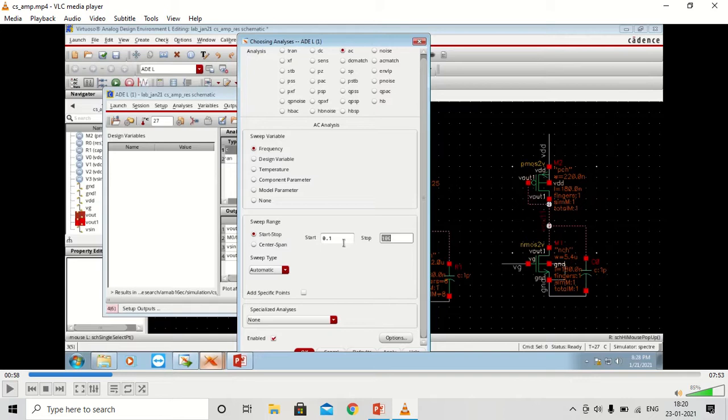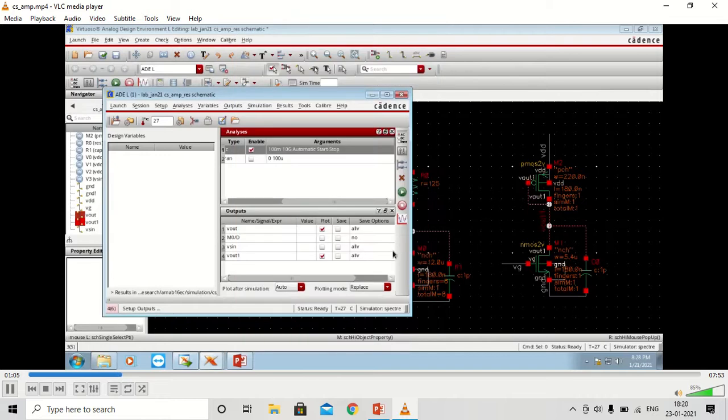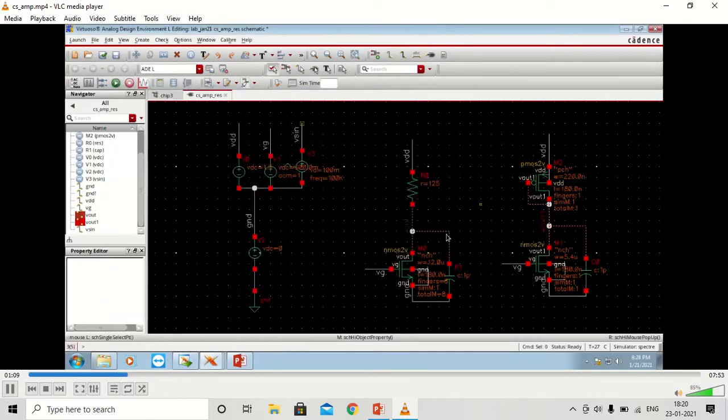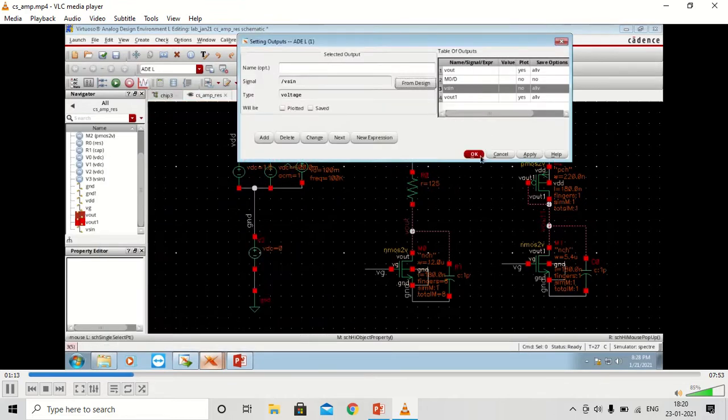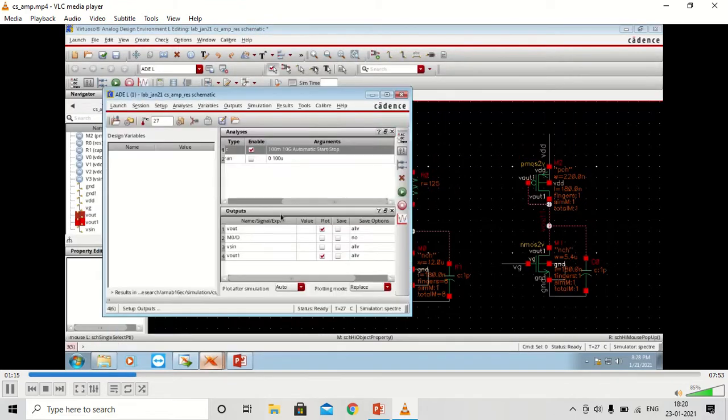For this case, we'll use a wide frequency range and see how the frequency response is. So we'll run our simulation.